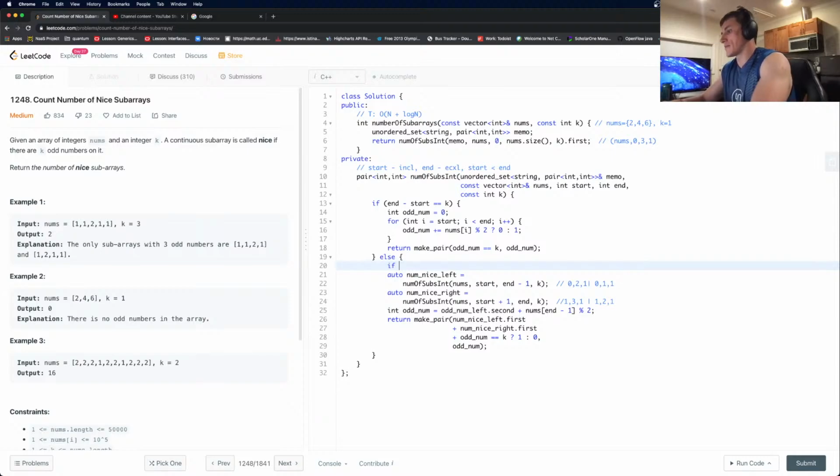If, let's say, if memo find, say toString start plus toString end is not equal to -1, right? Not equal memo and,